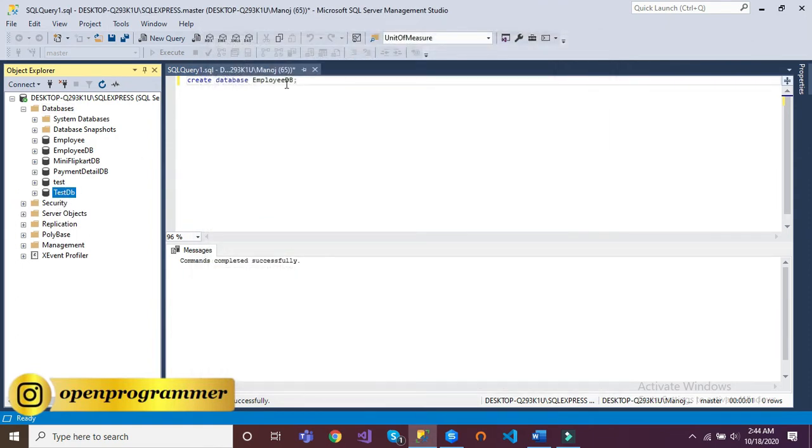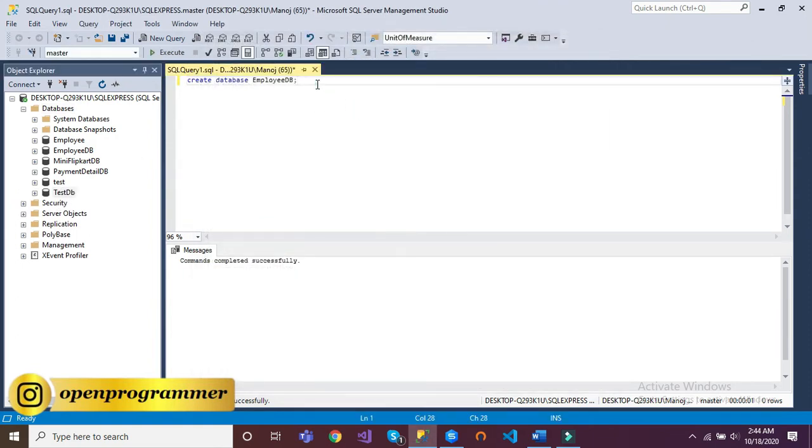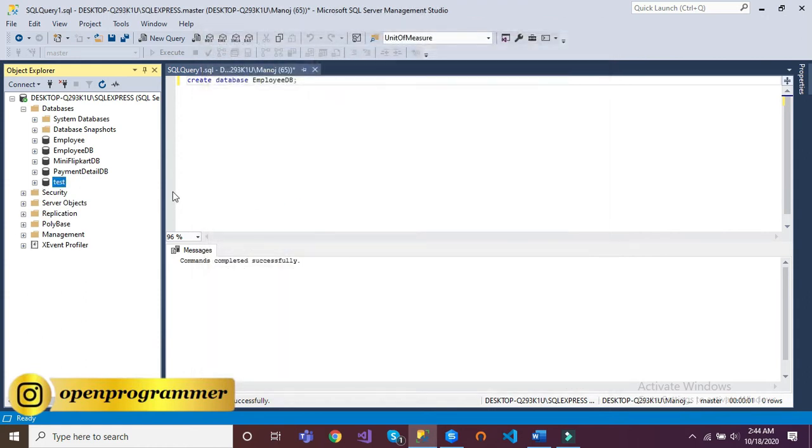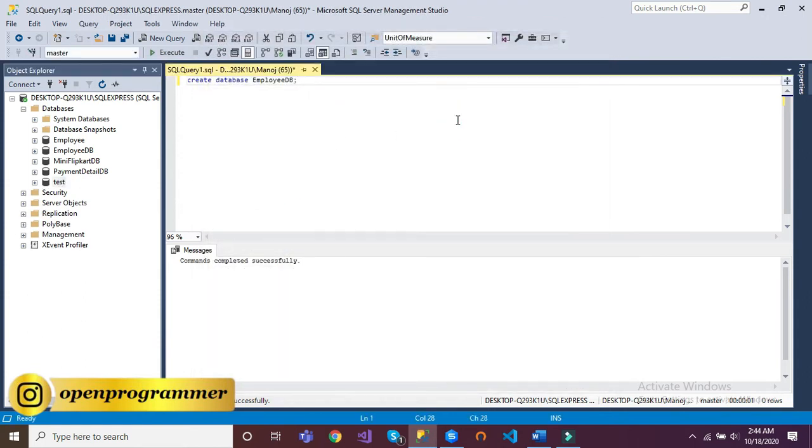Here it is. So these are the two ways: one is through query, the second is through the wizard. Let's assume we'll work on this employee DB, right? Let me also delete the test DB from here. Click on OK and it will delete it, right? So that is how to create a database.